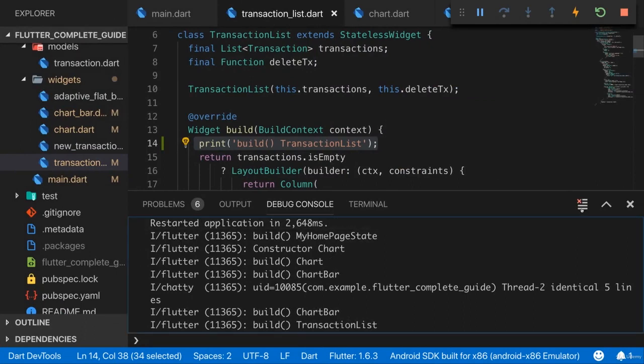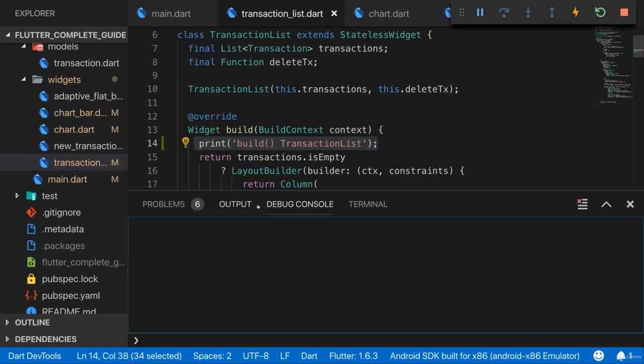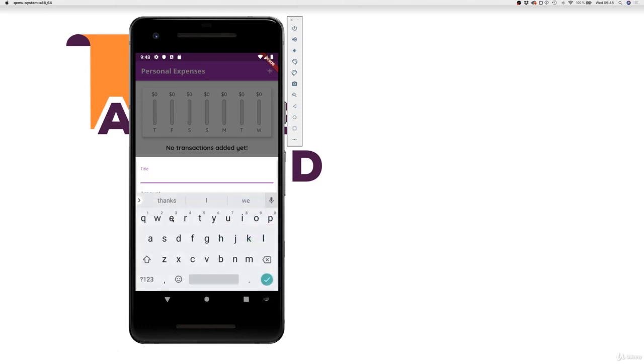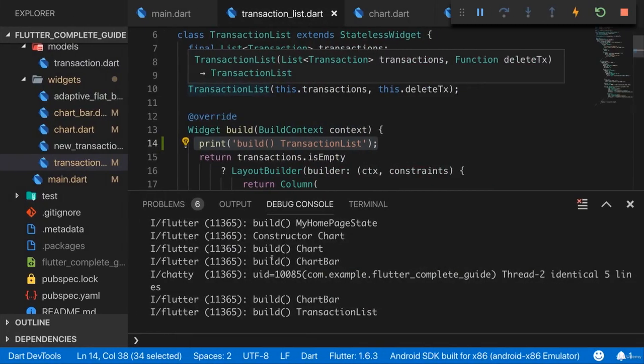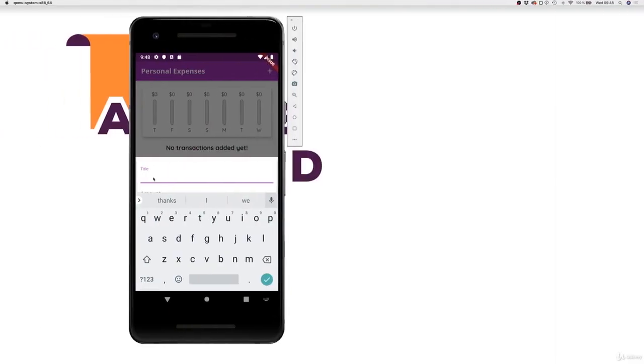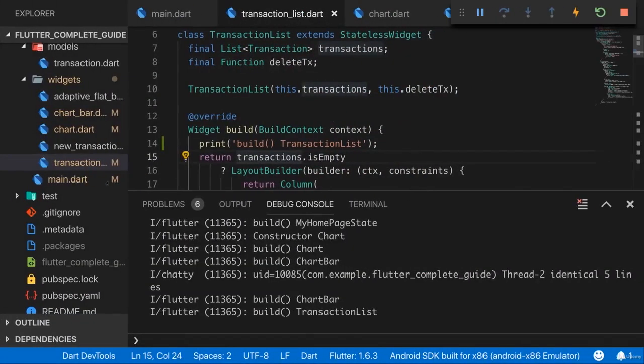Let me clear the debug log with this button so that we can see fresh messages easily. And now let me tab into title here. Without typing anything, you see that now my homepage state actually was rebuilt. On first look, that could be strange because when you tap here into your input field, we certainly don't call